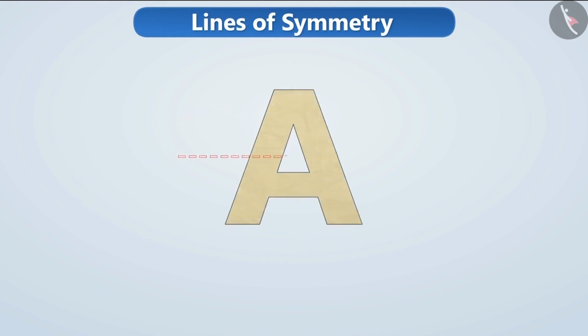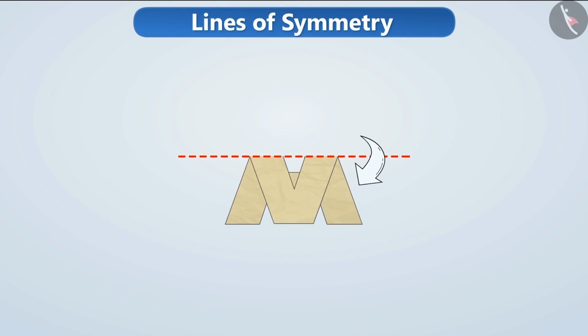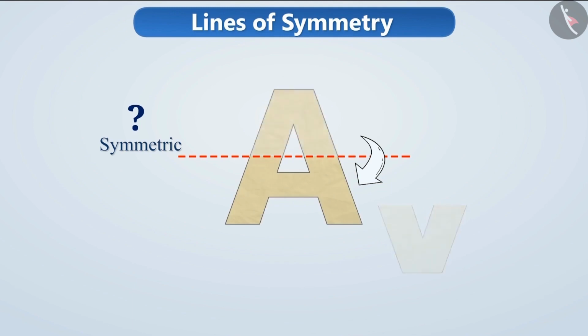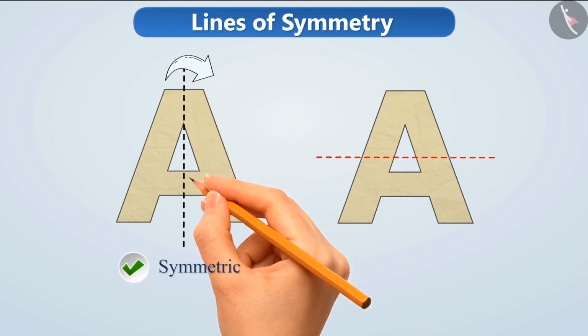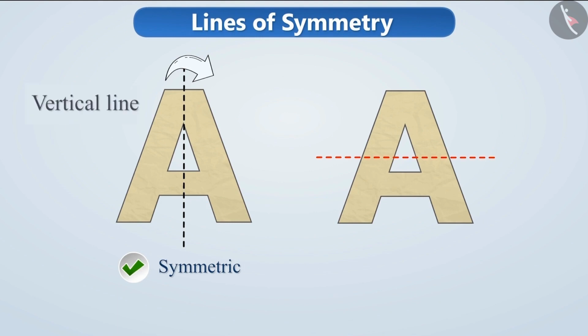Just think, if we fold A in such a way that the top half of it comes down to the bottom half, then shall we say that A is symmetric? Think for a while. Absolutely correct. This does not make A appear symmetrical. On the basis of both the conditions, we can say that the symmetry of the figure is apparent only when it is bent along a particular line, like the vertical line passing from the middle of A here.